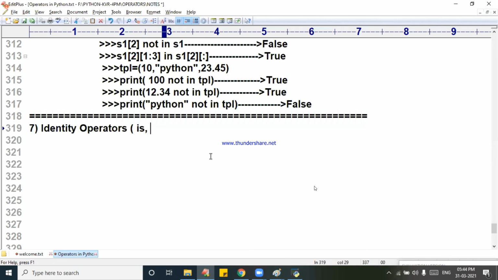Ram Prasad, very good student. Okay, now I expected. Yes, so is not. Is not. Not is no. Shweta, not is no, like in, not in. Like that, is not.